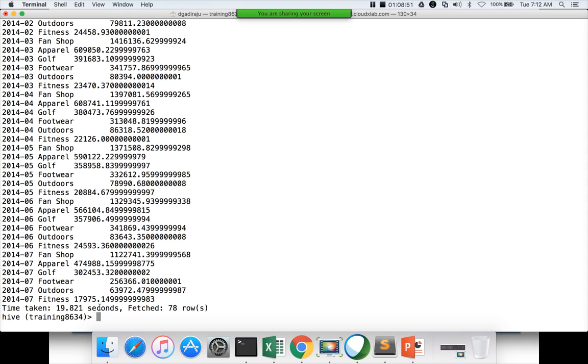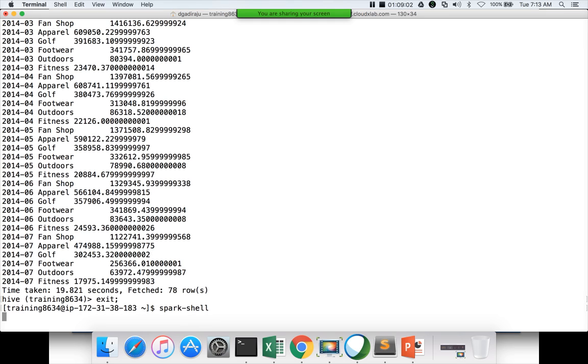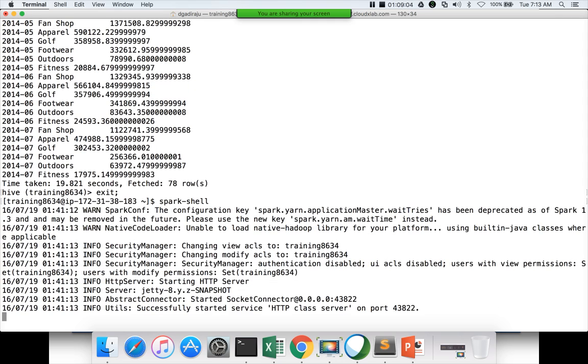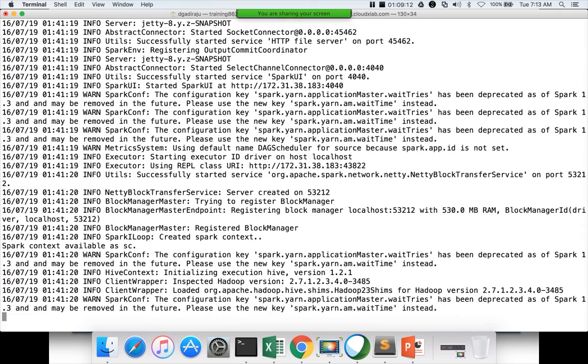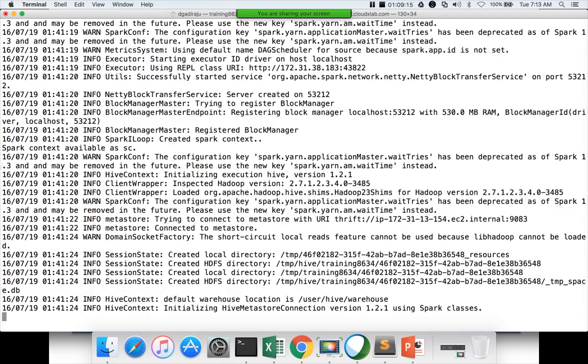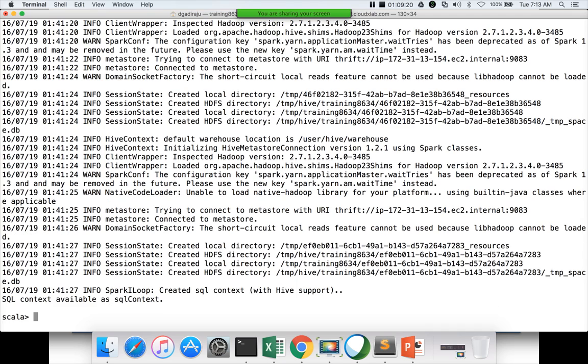Okay, now I will try to give the demo in Scala. So I am starting Spark using the spark-shell command, which will launch a Spark-based command line interface using Scala as the programming language. If you want to launch a Python-based command line interface, you have to run PySpark. So spark-shell is for the Scala-based command line interface for Spark, and PySpark is the Python-based command line interface for Spark. Okay, so now,